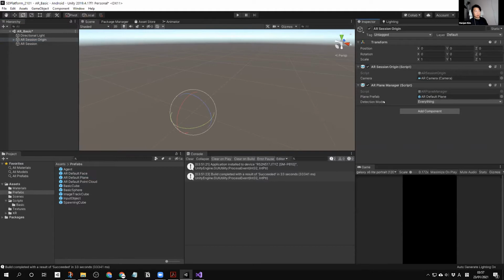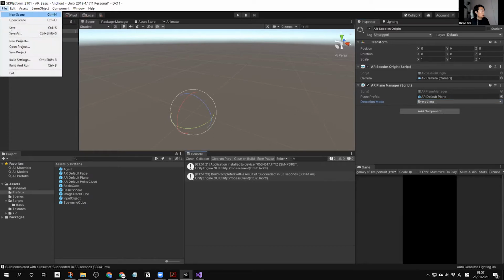And now you see the detection mode is everything. If you click this one, you will see it can detect horizontal and vertical. So it's up to your purpose. If you don't want to detect vertical, you can just pick the horizontal. But for now it's fine. I'm going to just detect everything, and then that's it. Save it,